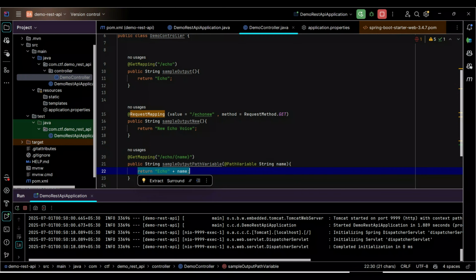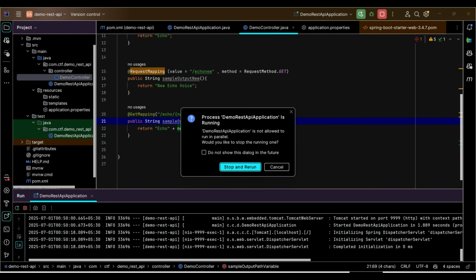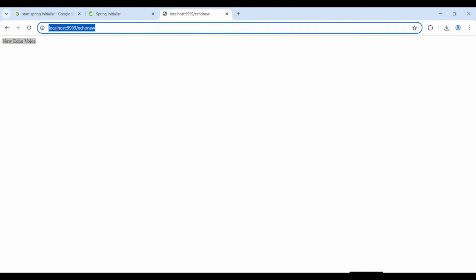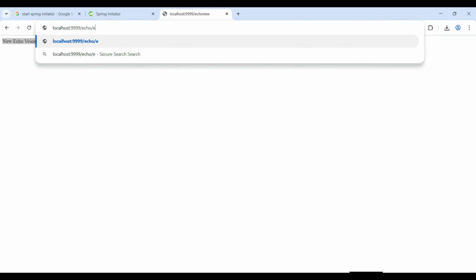Ideally, from the controller it goes to the service and from the service to the repository. So you can further flow this value to the service and then the repository, and ideally use it in the JPA repository to search certain criteria and then return it. Now let me rerun this. I will try some name, let's say example, over here. Now you see it is printing echo, and then there is example as well. That's where you pass this path variable, and when you're developing any REST endpoints,